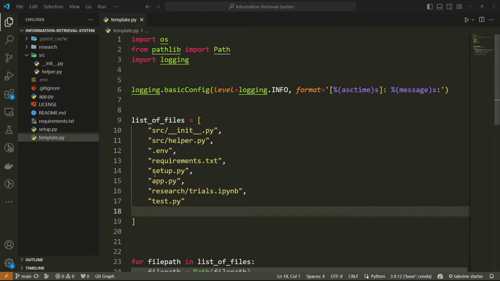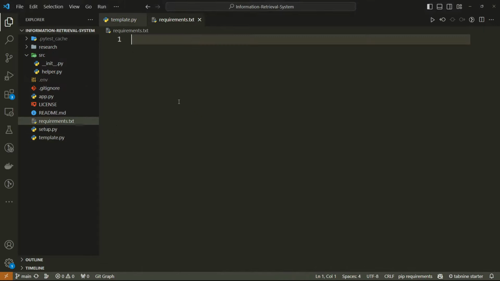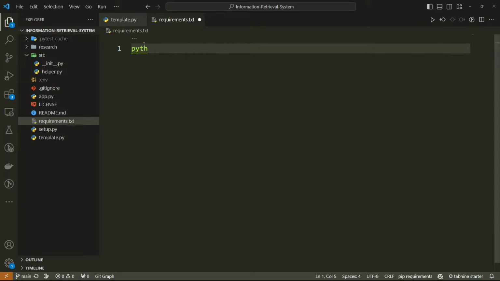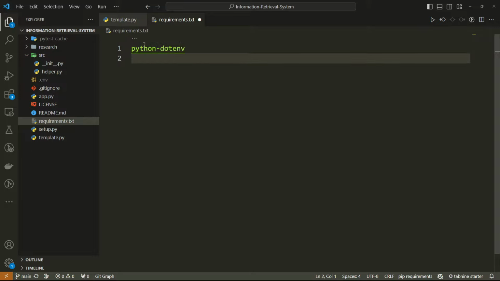So now guys, we have to set up our project requirements. For this I'll open this requirements.txt, and here I'll write all the requirements I need for this project. The first requirement, I need something called python-dotenv. I'll tell you why I need this python-dotenv. As of now, just add here .env. Then I also need something called Google